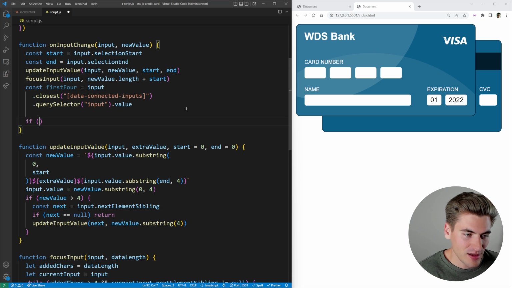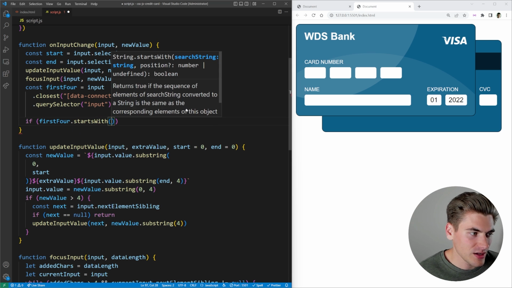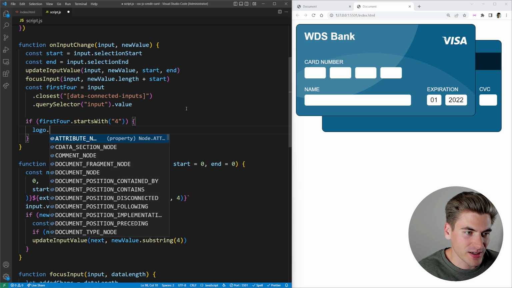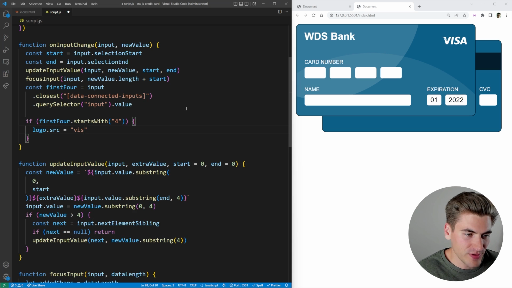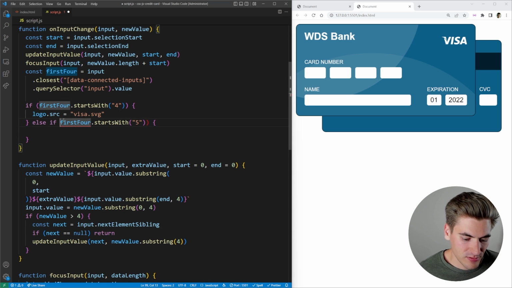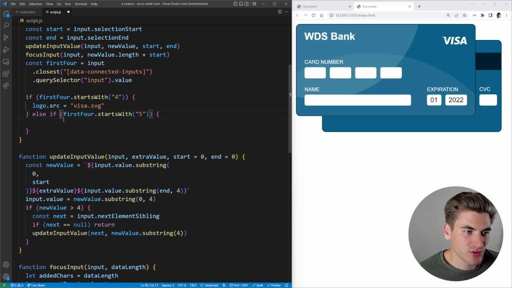So in our case, if the first 4 starts with a 4, well, in that case, we are using a Visa card. So I can say logo.source is equal to visa.svg. Else if we have something that starts with a 5 instead of a 4, well, in that case, we are using MasterCard. So I can come in here and change my source for my logo